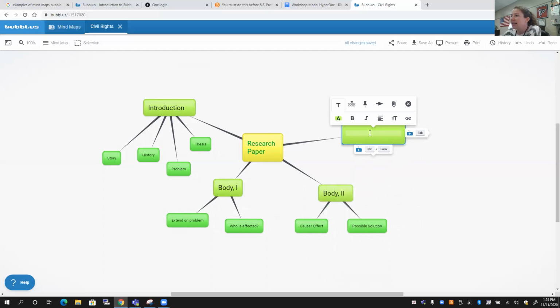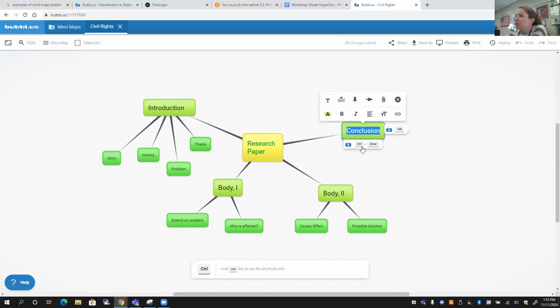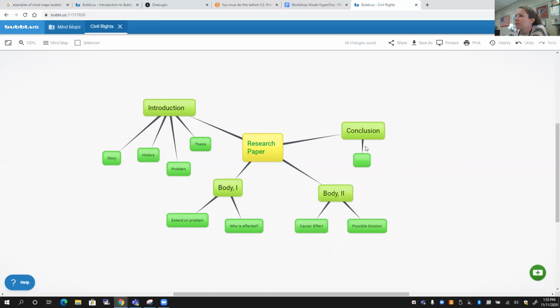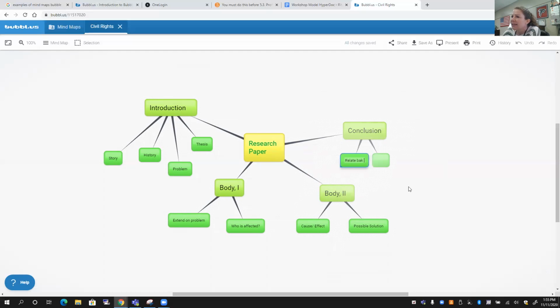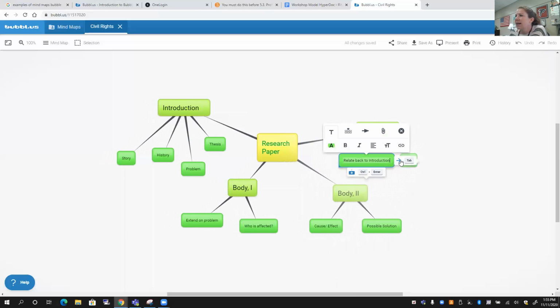And then finally, we need a conclusion. How are we going to end our research paper? We need a conclusion, right? Let me make this bubble a little smaller. There we go. All right, so what are we going to do in our conclusion? Let me get 2 of these over here. I like it. All right, so we can relate back to our introduction. We can relate back to introduction. Okay, and then we can restate our